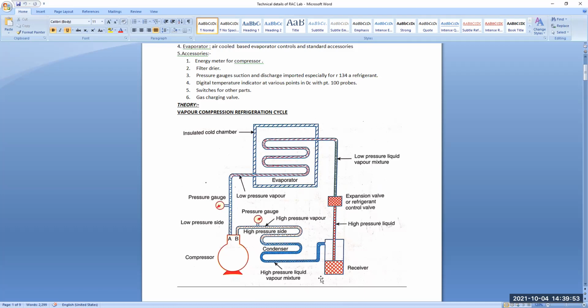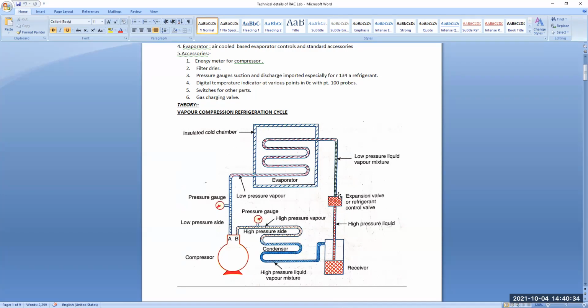So why is it high pressure? From the outlet of the compressor, it goes to the pressure gauges, which are also shown in our test setup. This is the high pressure side, which is generally denoted by red tubes, and it goes through the condenser, which is also under high pressure, and then it goes to the receiver itself, where the liquid refrigerant is generally formed, first accumulated, and from the top it goes up to the expansion valve itself.